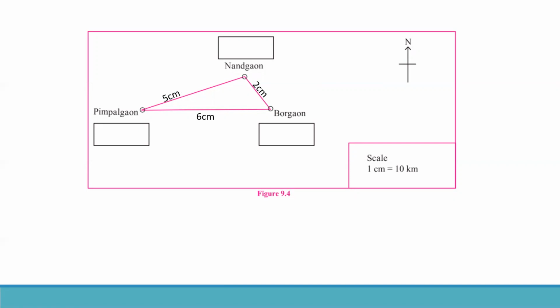So now you look at the scale given in the box. If 1 centimeter is 10 kilometer, now they've given some values like 50 kilometer, 20 kilometer and 60. So automatically you understand the conversion. If 1 centimeter is 10 kilometer, so 2 centimeter will be 20 kilometers, 5 centimeter will be 50 kilometer and 6 centimeter will be 60 kilometer. So accordingly now we shall see who belongs to which